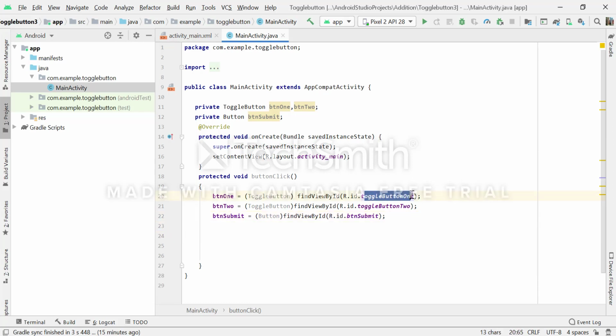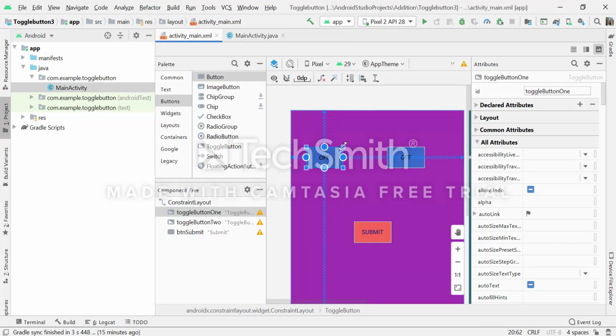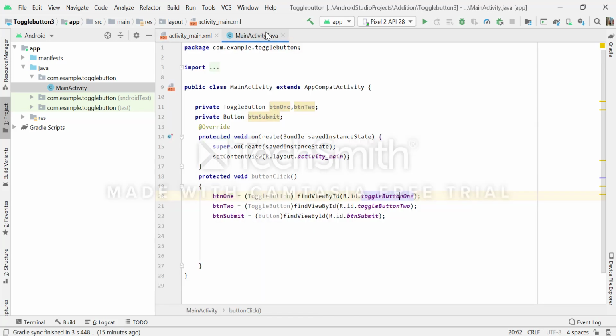So this is the toggle button ID. This ID I have set in the XML file. Click on toggle button 1. Here this is the toggle button 1 ID.